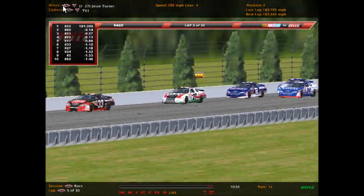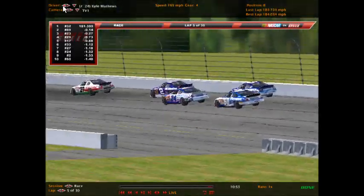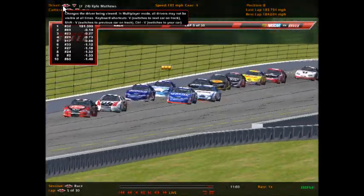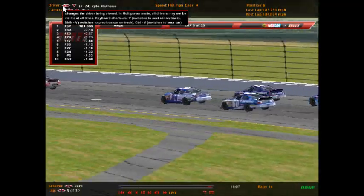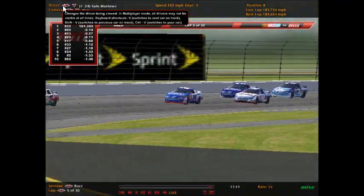Joshua Osborne's in 6th. 7th is Jesse Turner. 8th, Dylan Young. 9th, trying for 8th is Kyle Matthews, as he's got Levi McIntyre behind. A couple of Buckeyes about to overcome the Florida-Georgia combination. I could say the Florida-Georgia line, but some country music bands already got that copyrighted. But anyway,